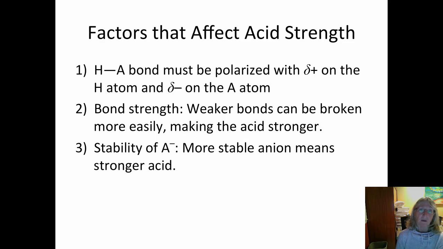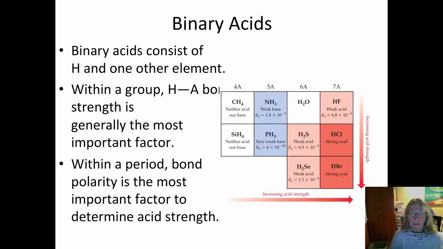And basically you know that the weaker the bond is, the more readily it is broken, and the more readily you can get rid of a hydrogen ion, then you have a stronger acid. This third concept, stability of the conjugate base or the anion, we'll talk about when I get some images up here. Now, this particular image cut off a little bit of the graph here, but you can also see this